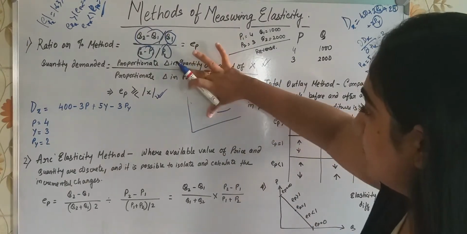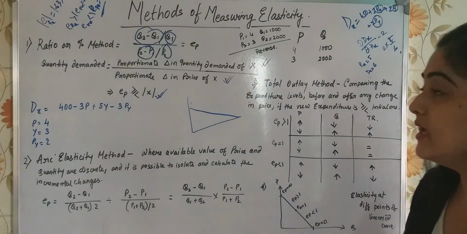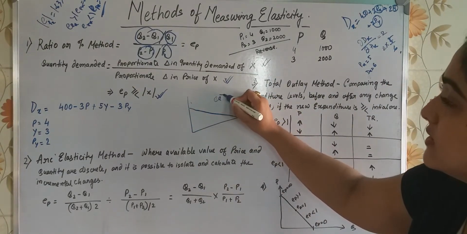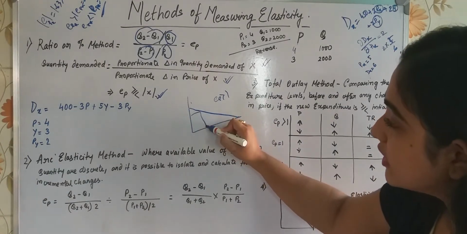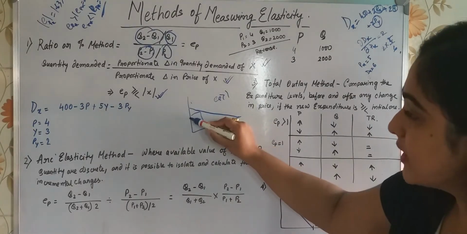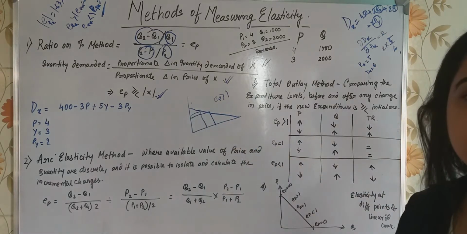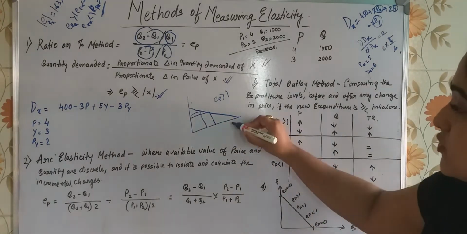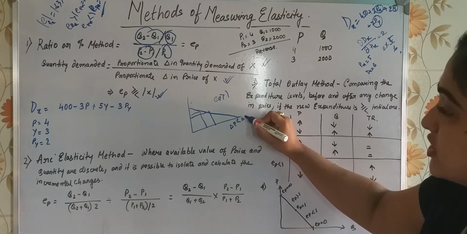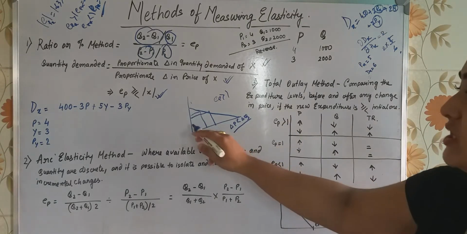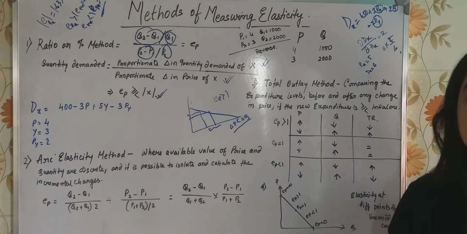Wait, let me draw it. So this is like this. This is highly elastic. So here EP is greater than 1. Why am I saying this? You see, a little bit of change in price leads to this much change in quantity. So what happens when change in P is less than change in Q? When change in P is less than change in Q, then we say EP is greater than